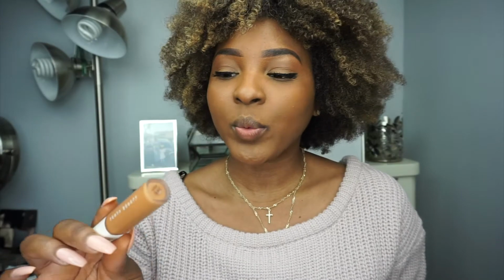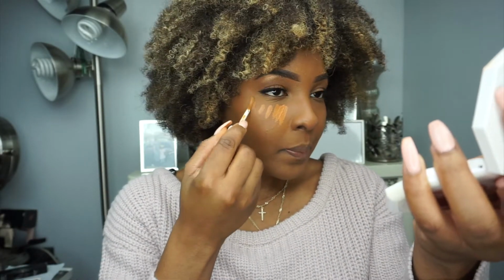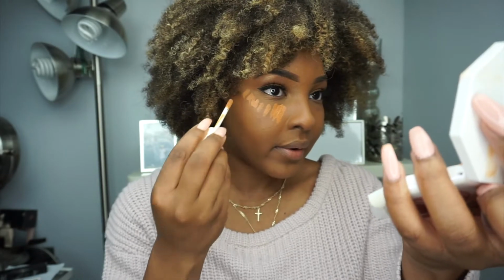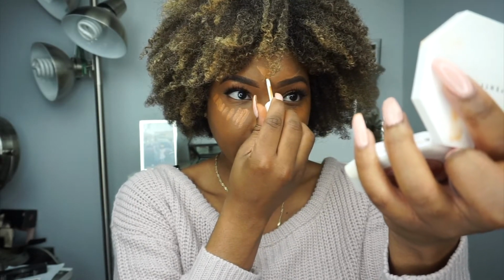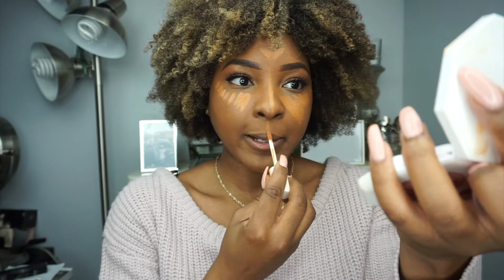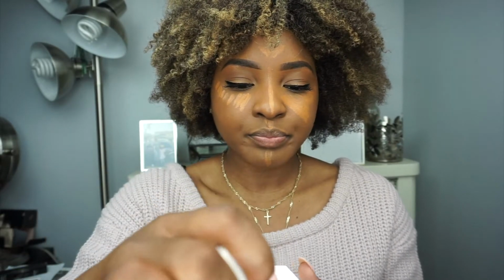So now I'm going to go in with 390 to begin our highlight. I'm going to apply this to the inside part of my highlight area. When I highlight, I like to put the lighter shade closer to the middle of my face, and then for my forehead, the bridge of my nose, and under my chin, I'll just layer the two shades. So this is how we are looking once we